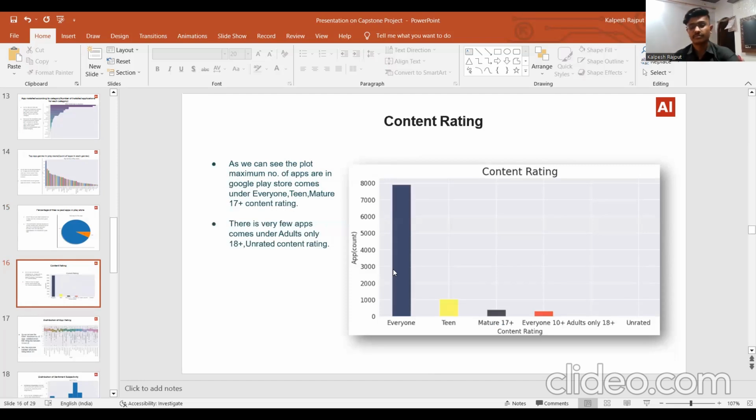Content rating. We can easily see that everyone is the most common content rating, and teen has 1000 or so apps. There are seven between 1000 and 20. There are mature 17 plus, around 70. As we can see in the plot, the maximum number of apps available on the Google Play Store come under everyone, teen, and mature 17 plus content ratings. Very few apps come under adults only 18 plus and unrated content ratings. Moving to the next slide,